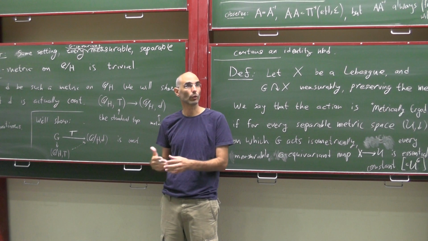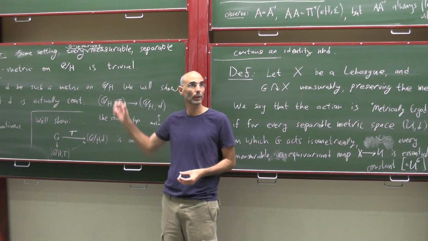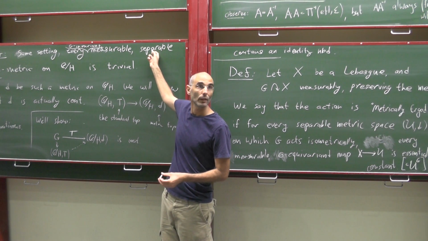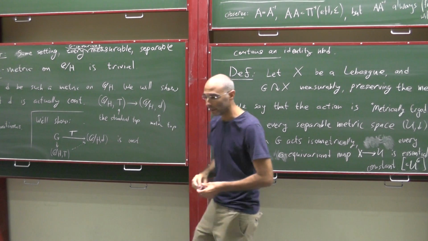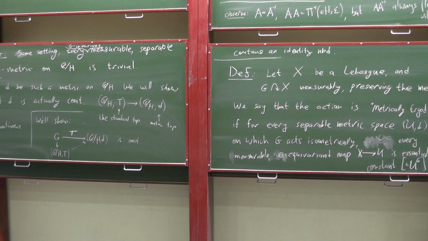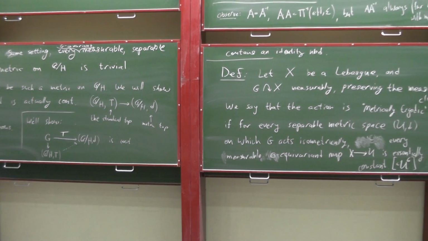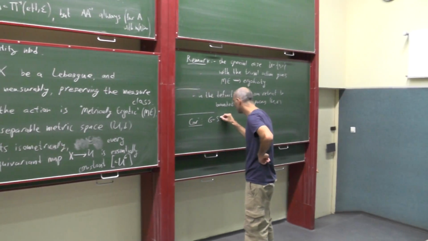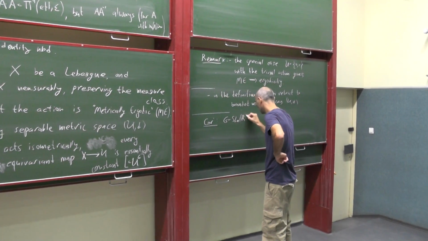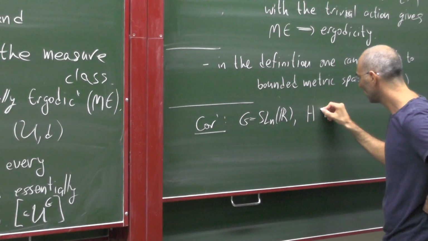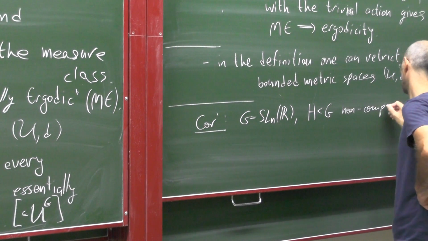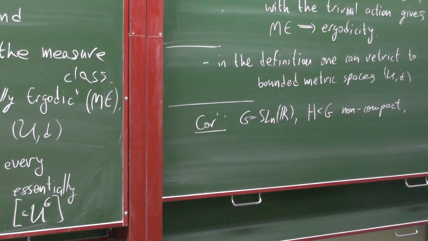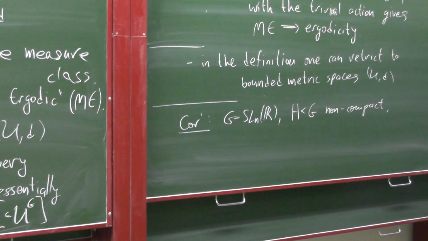This is a stronger sort of measurability, and if you assume this, it will give you probability for free. I don't want to put myself in this corner. And now I'm restating the corollary. If G is SL(n,R), H in G non-compact, then the space X equals G mod H